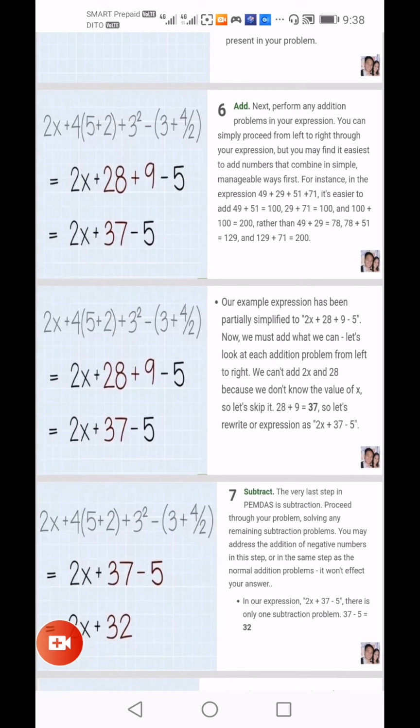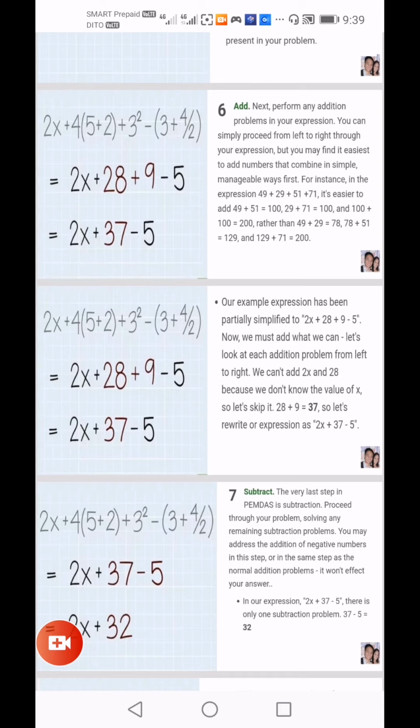For instance, in the expression 49 plus 29 plus 51 plus 71, it's easier to add 49 plus 51 equals 100, 29 plus 71 equals 100, and 100 plus 100 equals 200, rather than 49 plus 29 equals 78,